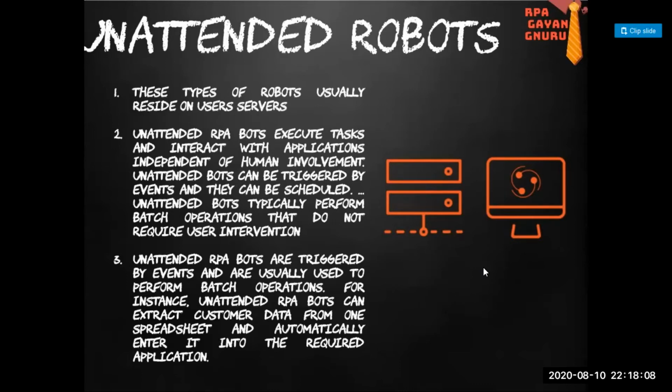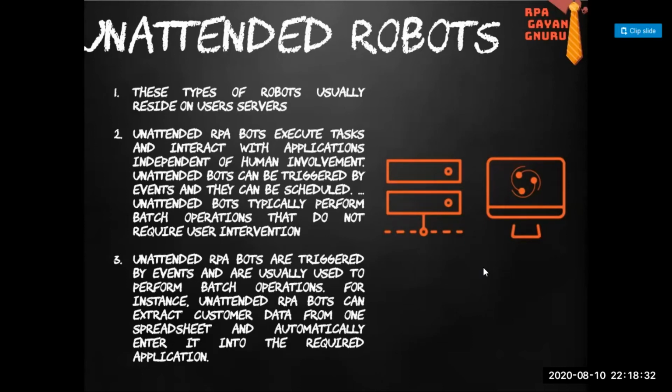So what customers are doing is they are sending these claim forms from the website, or they are sending the scanned copy of the claim forms, and as soon as the claim form is sent to a predetermined email ID, the RPA robot looks at the email, figures out whether it has an attachment or not, and if it has an attachment, looks at it as a claim form. And if it is a claim form, it will simply read the data from the claim form and put it on